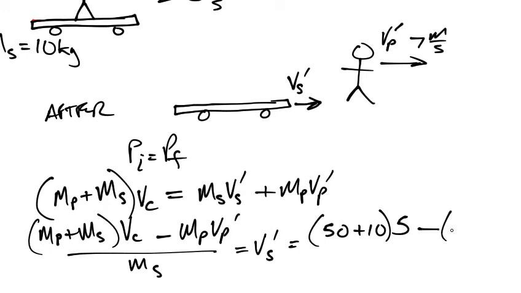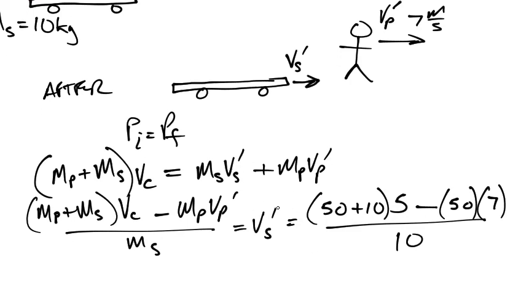Minus the mass of the person, which was 50, times 7, all over the mass of the skateboard, which is 10. Okay? So this is going to be, that's 60 times 5, which is 300,